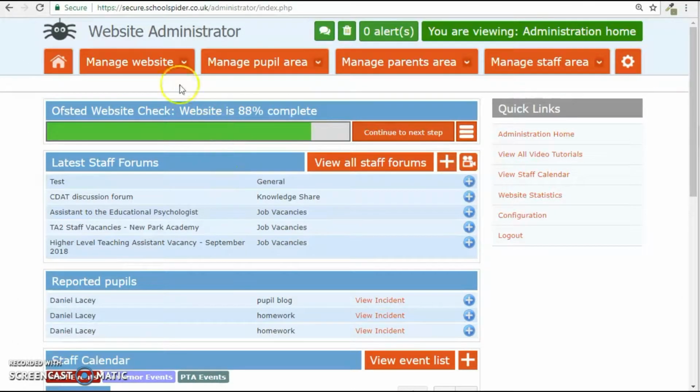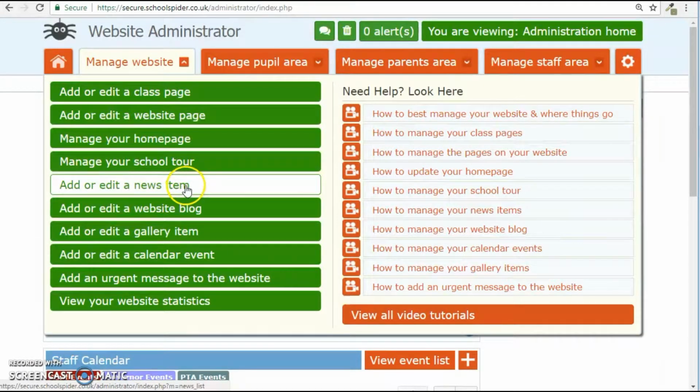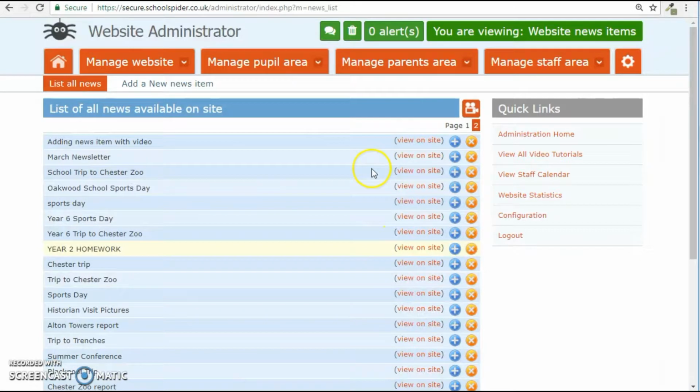item to your website, you're going to select Manage Website, Add or Edit a News Item. This will give you a list of the news items currently on the website. You can edit these by selecting the blue plus. Select Add a New News Item here,